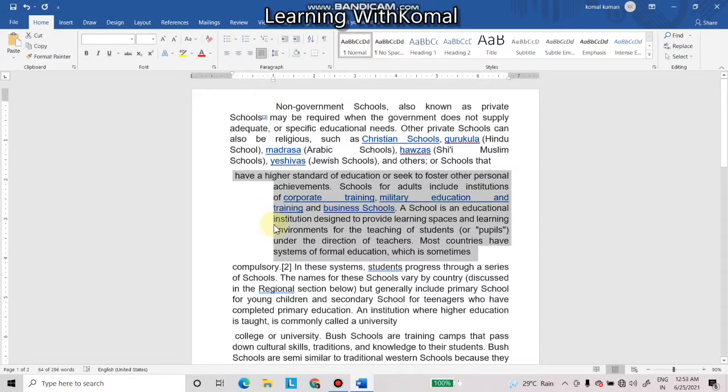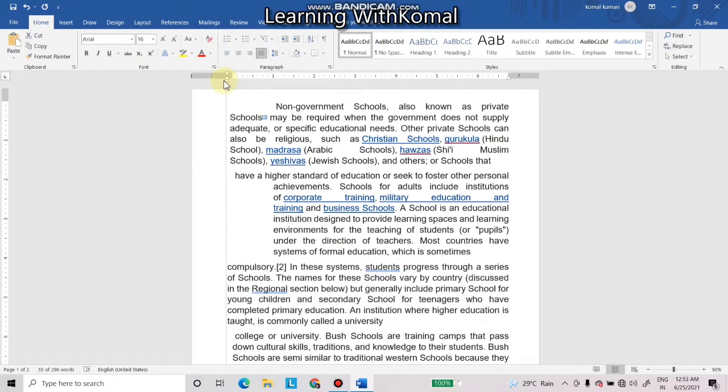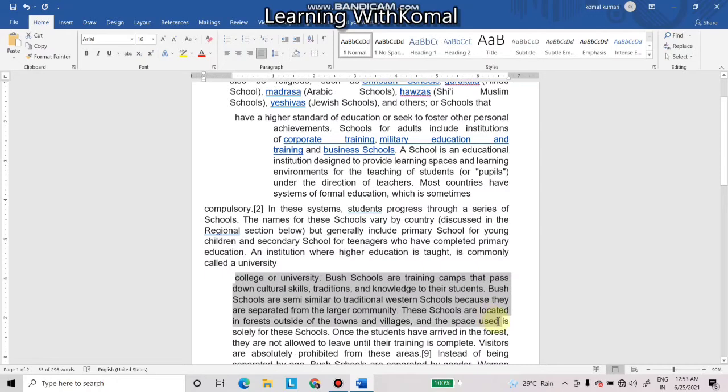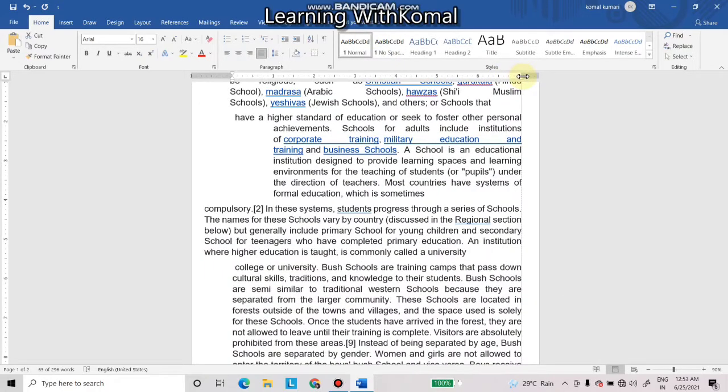So this is the hanging indentation. Okay. Now select this and see the right indentation. What happens in the right indentation? The complete paragraph moves. That one was for the left indentation and this one is for the right indentation. So like this it moves.